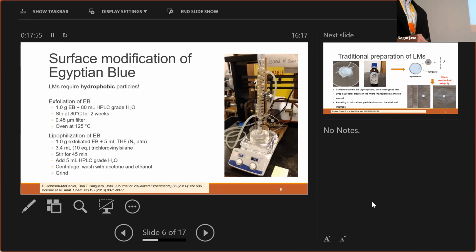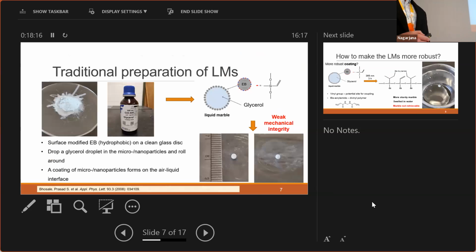And then I isolated the material with centrifuging and washed with acetone and ethanol. And then there was an after process in which I had to grind it into microparticles. So the traditional preparation of liquid marbles that have weak mechanical integrity is you take some of the surface modified